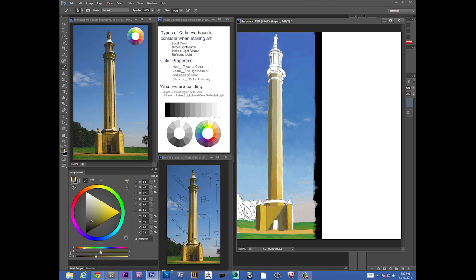And then we get into the shadows, and the shadows are influenced by the blue sky. So the blue of the blue sky plus the yellow kind of makes a greenish hue. And as long as I get the value correct, the color can shift ever so slightly, but it's more important that the value works. So I'm blocking in down below on the tower now, and I'm starting to put some